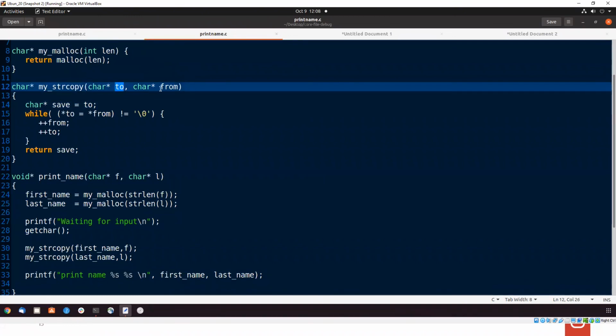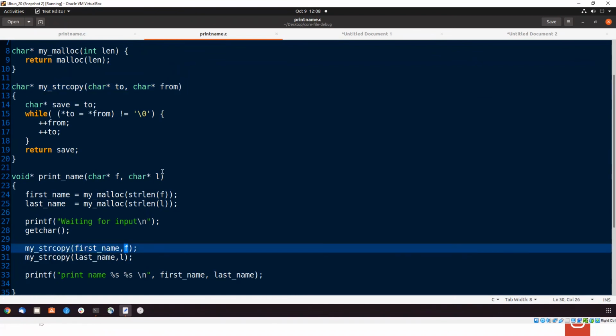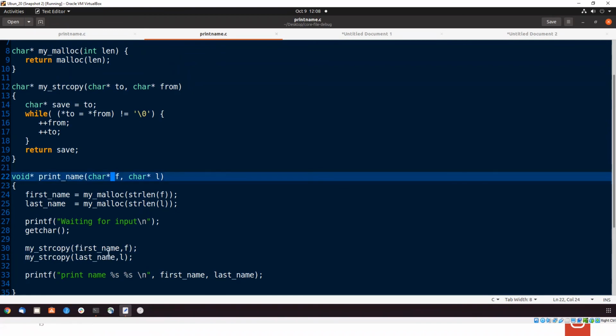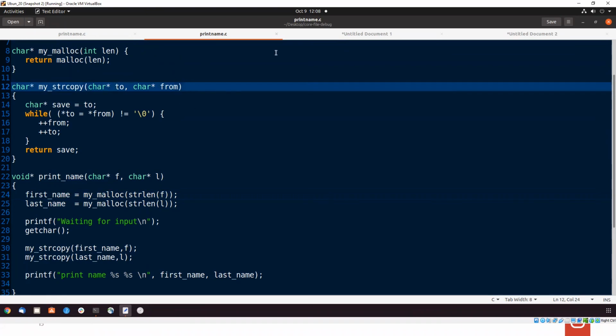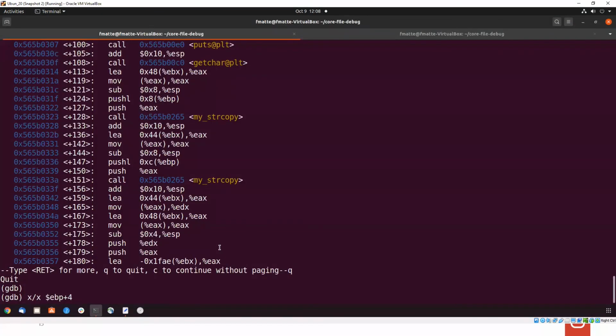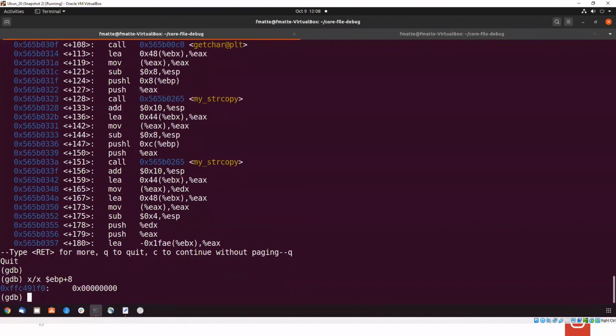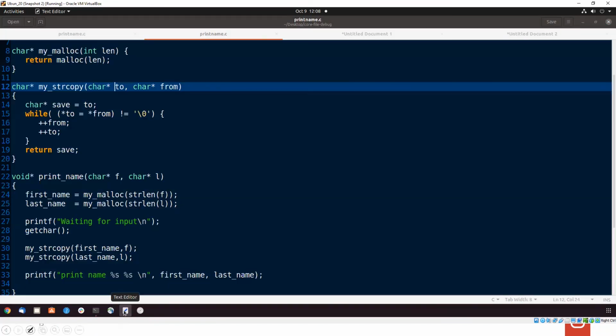What is the first one, and what is from? From is nothing but the first character F, and first name is the newly allocated memory location, which is the 2 here. So I want to read 2 and from. Let's read them. EBP plus 8 is the first parameter. What is it showing? It is 0, which means there is nothing in it. If I convert it into any string or character, it is 0 only. So we get some understanding that the 2 parameter is 0, a char star that is null. So 2 is getting null here.